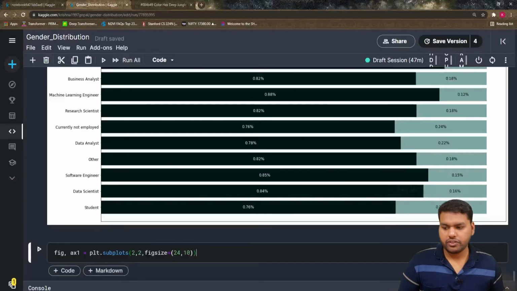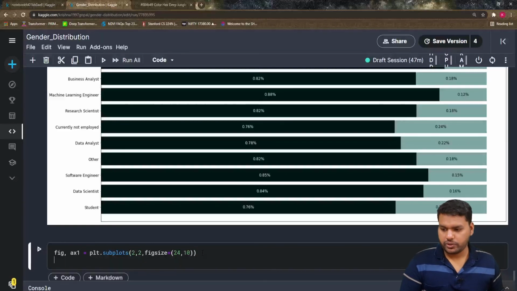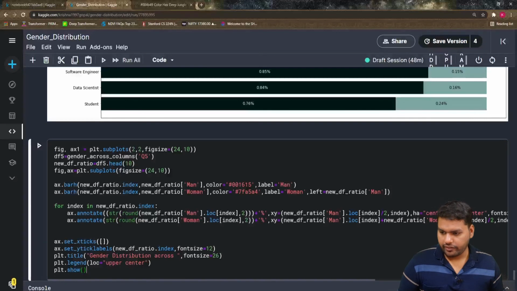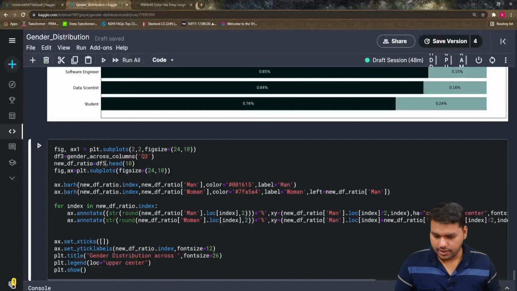So again we define our figure and axis. We want 2 subplots because we have 4 graphs, so it's a 2 cross 2 grid, and we get the 4 graphs from here. Next, we copy the code from above, that is df5. We start from df3, that is q3, and this is just 3. We have to change these things.